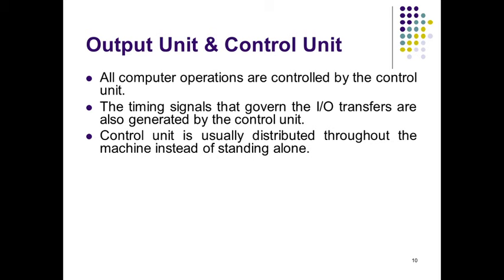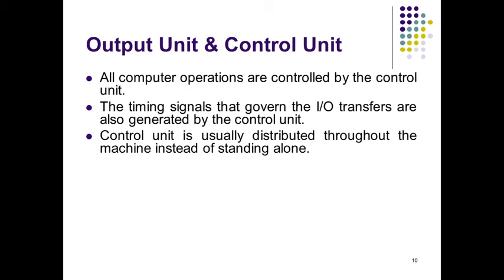The memory, arithmetic and logic unit, and the input and output units store and process information and perform input and output operations. The operation of these units must be coordinated in several ways. This is the task of the control unit. Basically, the control unit controls and coordinates these units, that is, the memory unit, ALU, and input and output units. The control unit is effectively like a nerve center, which sends control signals to other units and senses their states.